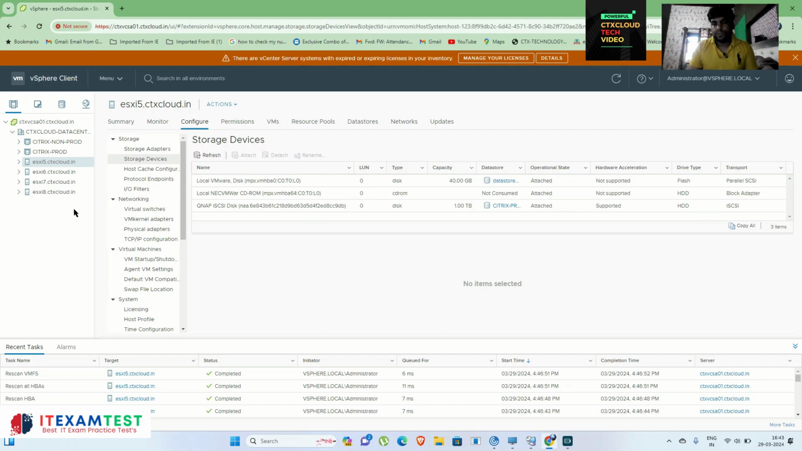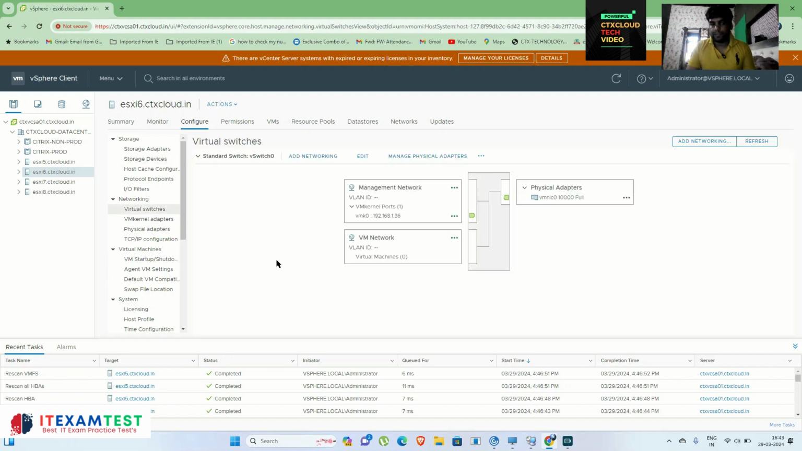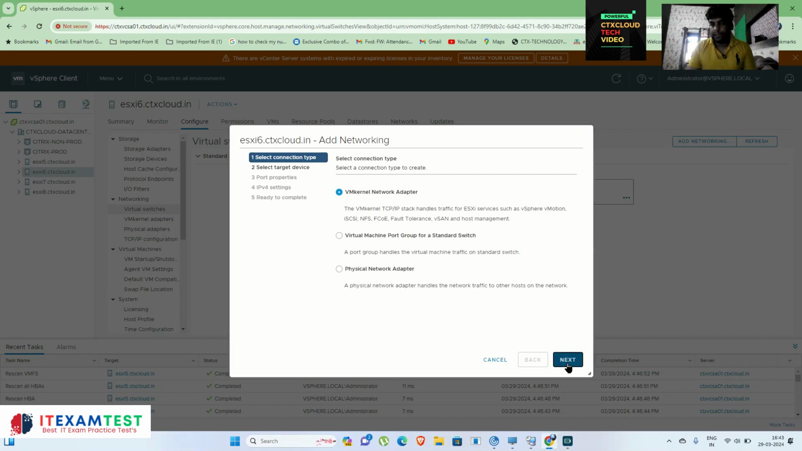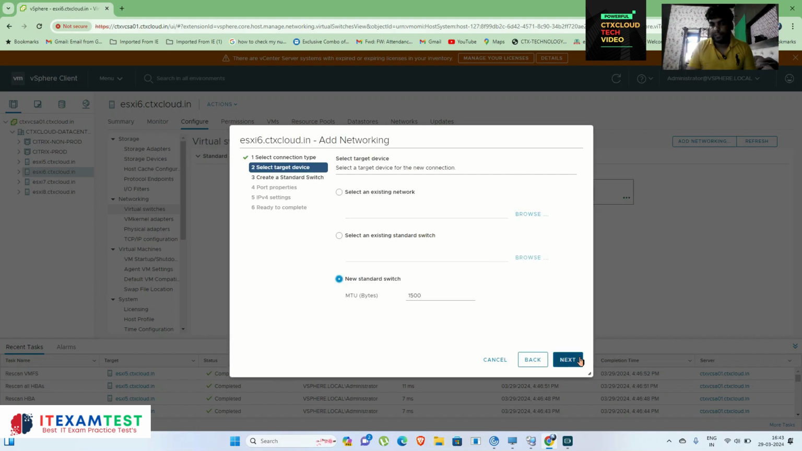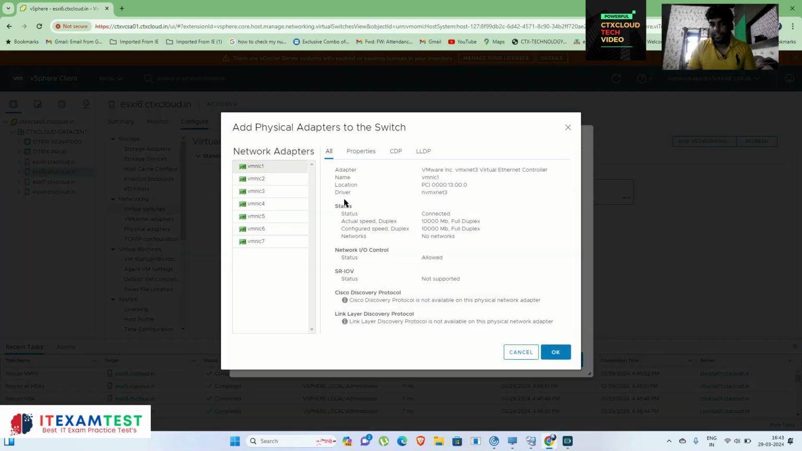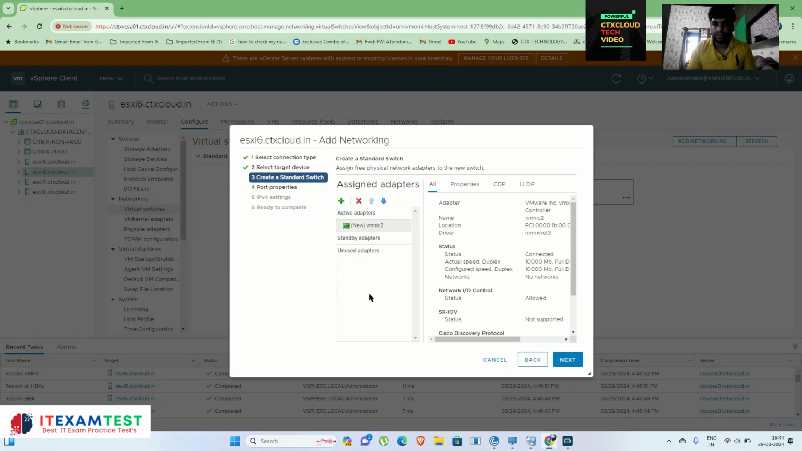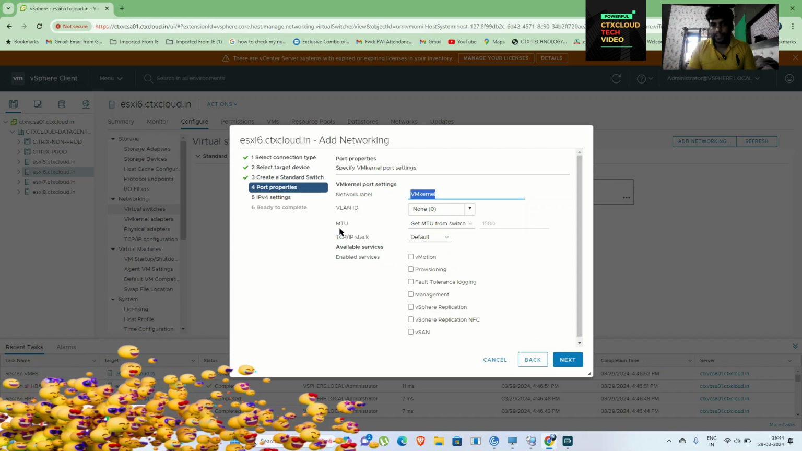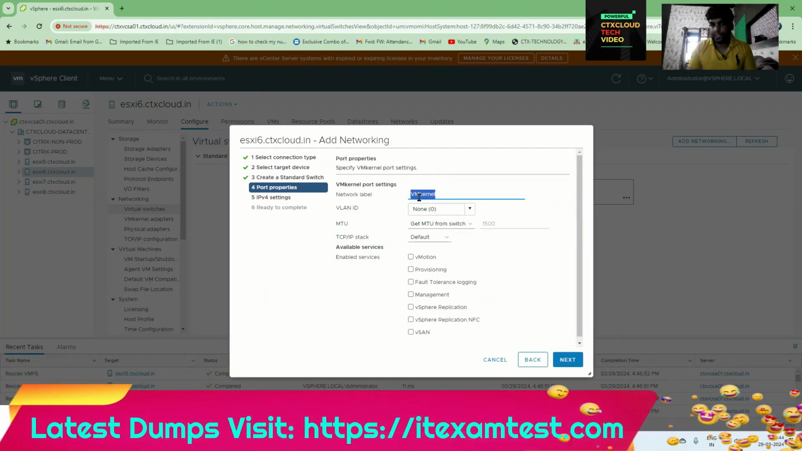Okay, so if I go on my ESXi 6, again the storage is not there. I have to create a standard switch again. Click on add networking, click on next, click on new standard switch, click on next, add adapter here, click on adapter number 2, click on OK, click on next. Here I have to give this again for the storage,